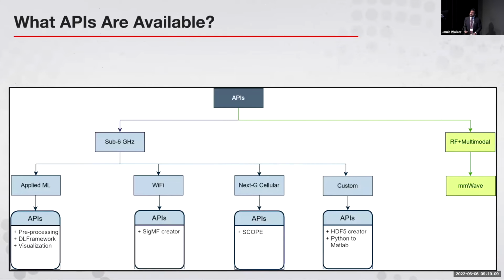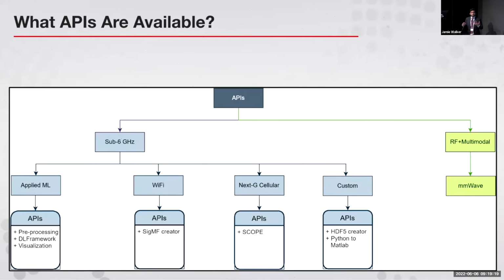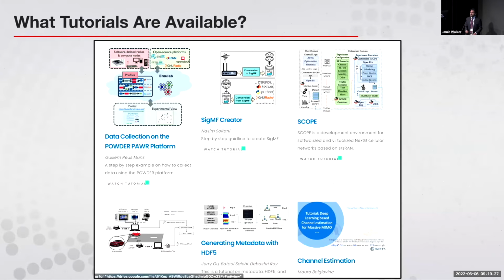Again, all of these are available at www.rfdatafactory.com. In addition to data sets, we also want to make APIs available that make it easy for you to collect data, lower the bar for first-time users, and especially create tools for other investments that NSF has made, especially through the POWDER program, Colosseum, and so on. There are a number of tutorials where we walk you through the steps of collecting these data sets. These are YouTube videos that are all linked, and some connect to the actual data set. So you can walk through and see how it was used and how it was collected.